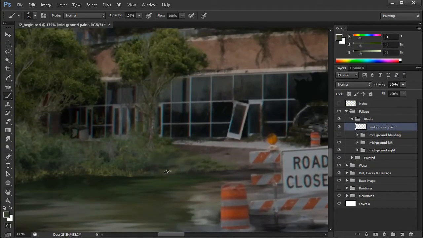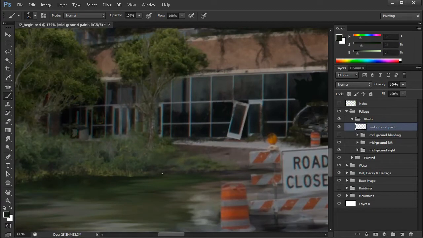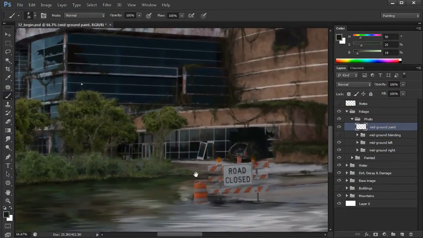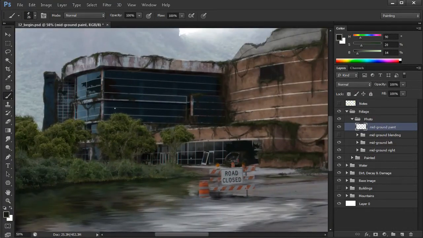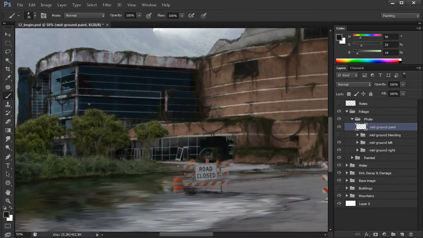I think for right now, until we get some color correction on our image, I don't want to spend too much time adjusting color because it's all going to change anyways. So let's come in here, maybe get a little bit of this darker value. There we go. All right, so that's looking pretty good. I'm pretty happy with the extension of that vegetation. So that's one method of beginning to blend these elements into the image a little bit better, is adding some